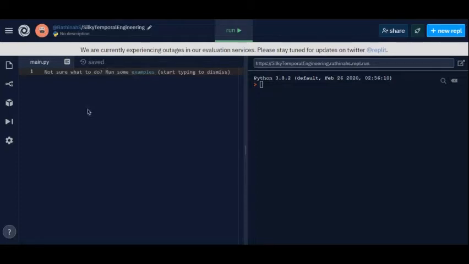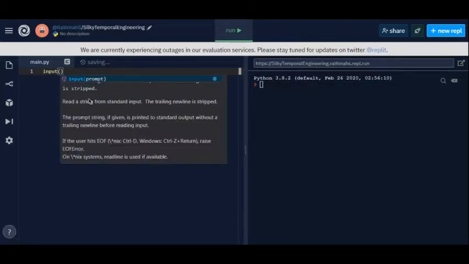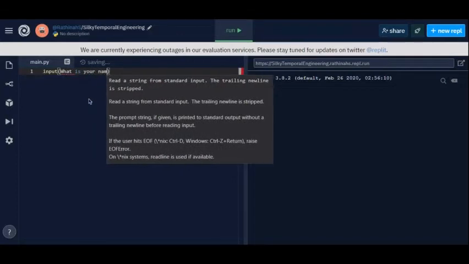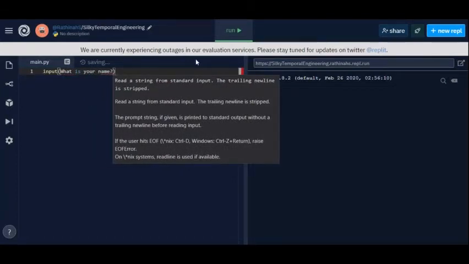So how? This is where you bring the input function. Let me teach you how you bring the input. Then you can just ask any question you want. So, what is your name? And if I run the code,